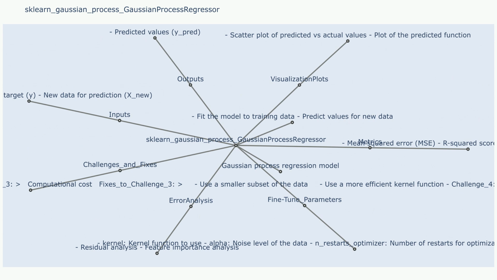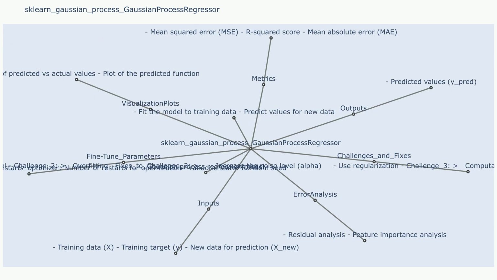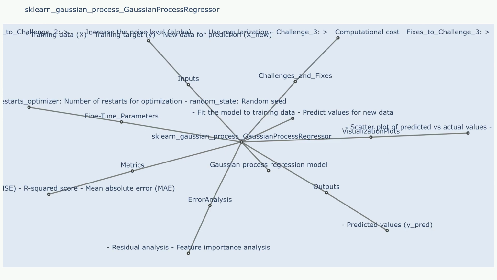N restarts optimizer. This parameter influences the optimization process for hyperparameters. It controls the number of times the optimizer restarts from random initial values. Random state. This sets the seed for the random number generator, ensuring reproducibility. Uncertainty methods. Confidence intervals. These provide a range around your predictions, indicating the degree of uncertainty. Standard deviation. This represents the spread of the predictive distribution at each data point, giving a numerical measure of the